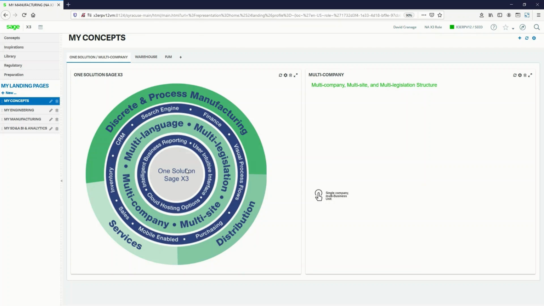The second concept is that X3 is a system of multi-company, multi-site, multi-warehouse, multi-country, multi-legislation, multi-language, and multi-currency. Sage X3 can expand to meet the needs of your growing business. Sage X3 supports single company with multiple business units, single company with multi-site, multi-language, multi-currency, and multi-legislation,